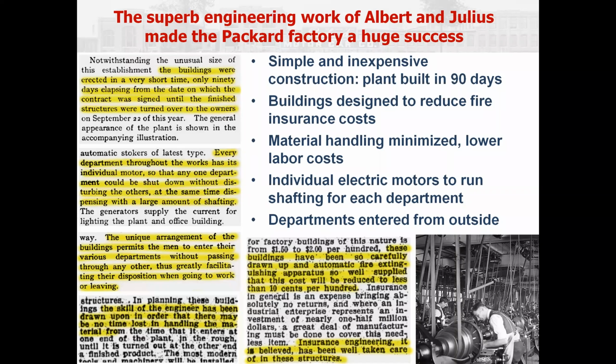The plant was up and running 90 days from start to finish, so that production could begin immediately. The buildings were engineered in such a way that fire insurance costs were reduced significantly from what similar buildings in the area were paying for their insurance. Material handling, moving materials around the plant, was minimized, reducing the cost of producing whatever the plant was producing, in